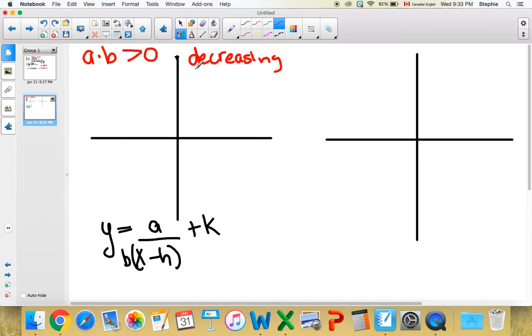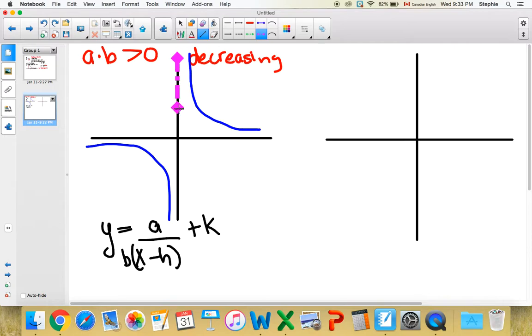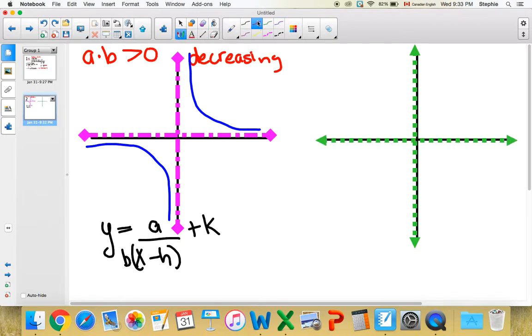What does decreasing look like? It looks exactly like what we just did before, like this. In fact, you're going to have a mirror image of this on the other side, pending wherever your asymptotes are. So if your asymptotes are here and here, well, you're going to have a mirror image of that on the other side. Now, if your asymptotes are, again, here or here, or wherever they are, a decreasing one would look like this, and an increasing one would be when